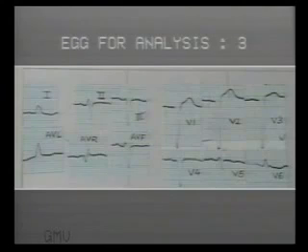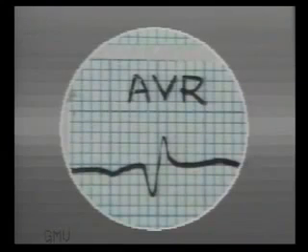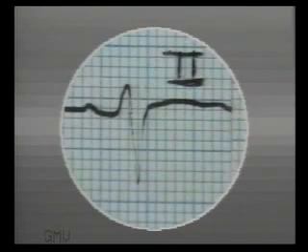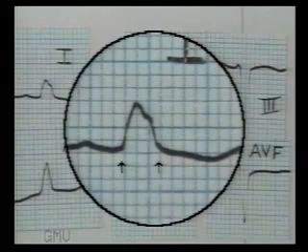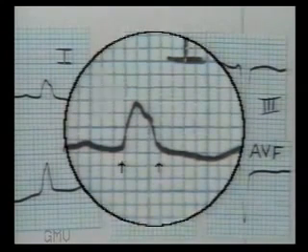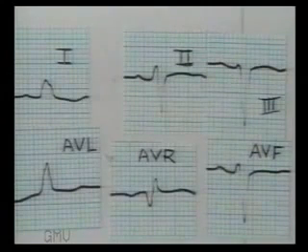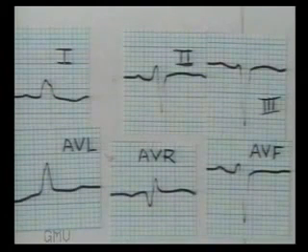A glance tells us that QRS complexes are very wide, a bundle branch block pattern. AVR shows negative P and QRS, so limb placement is correct. Lead 2 shows normal P wave and normal PR interval of 4 mm. Coming to QRS complexes in limb leads, QRS duration in lead 1 is 3 mm or 0.12 seconds, suggesting a bundle branch block. Lead 1 and lead 3 show a left axis deviation or left leaves pattern. There is no pathological Q wave.